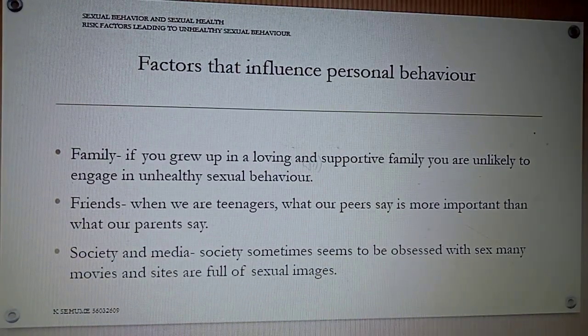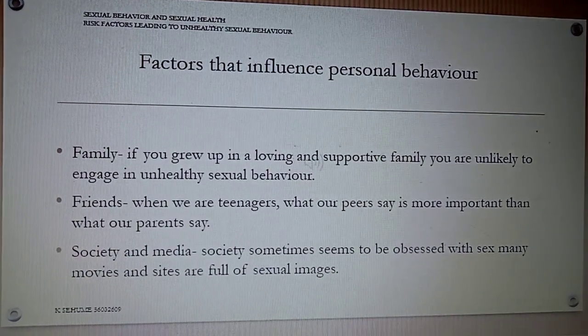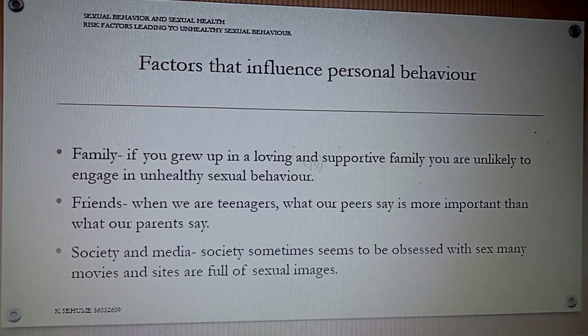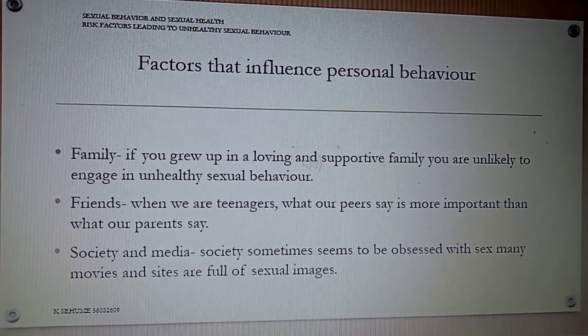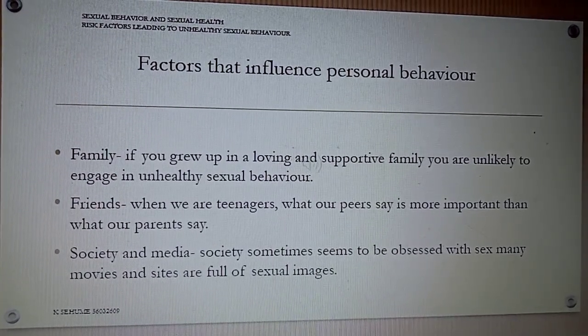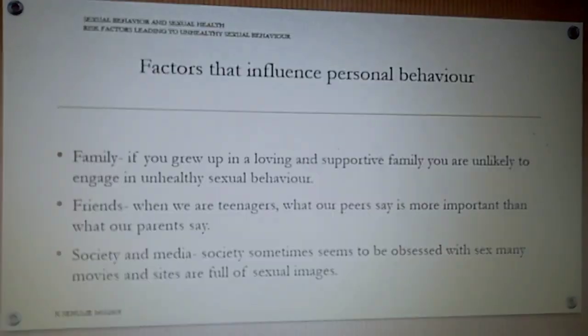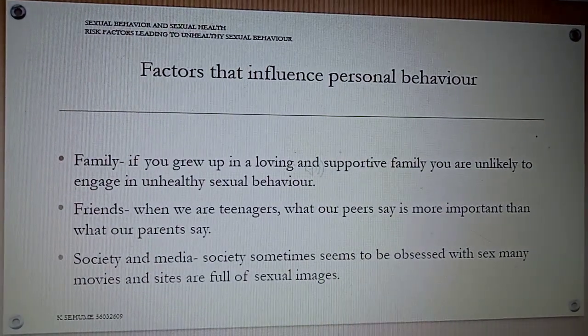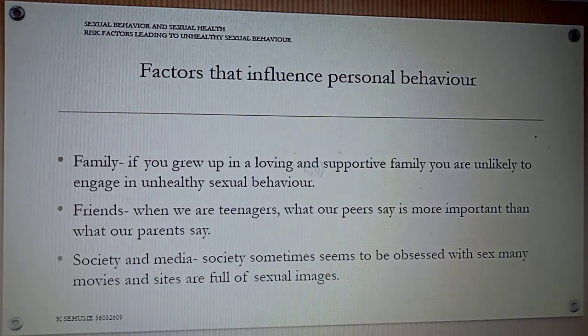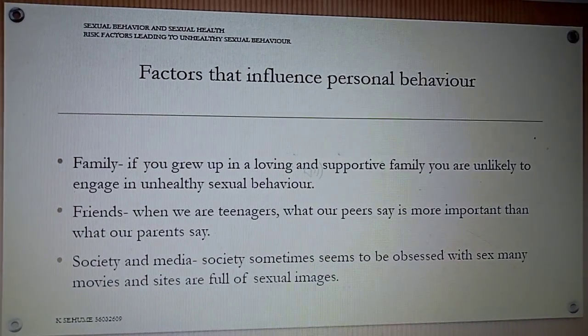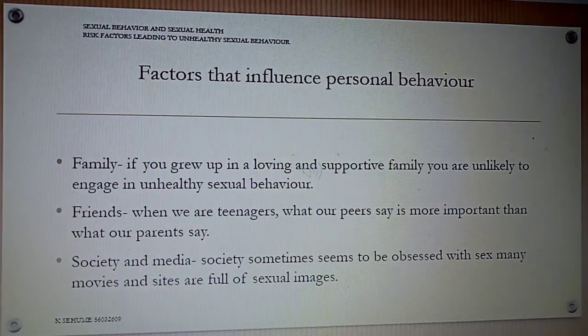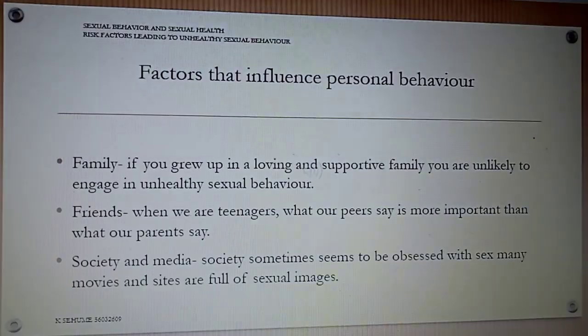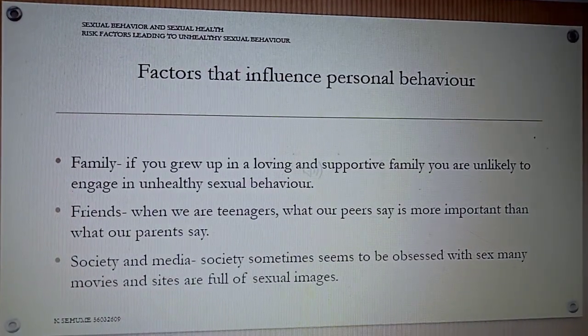Friends. When we are teenagers, what our peers say is more important than what our parents say. Meaning that because we spend so much time with our friends, we want to fit into a particular group. We want to be famous. We want to trend. We want to be known in our schools and our neighborhood. We tend to do